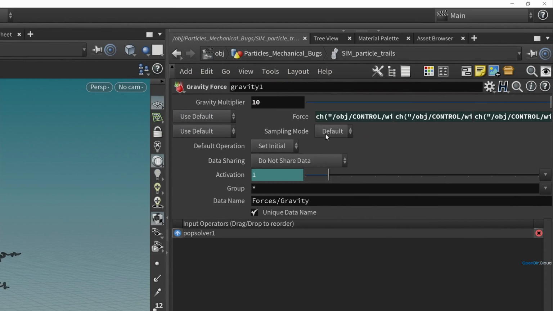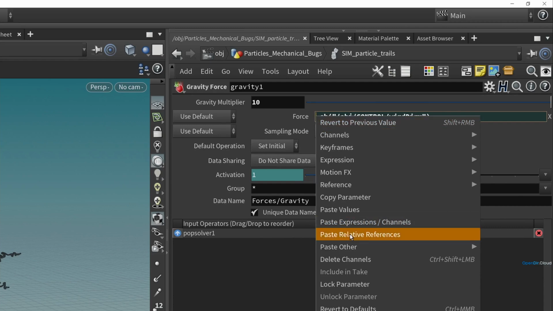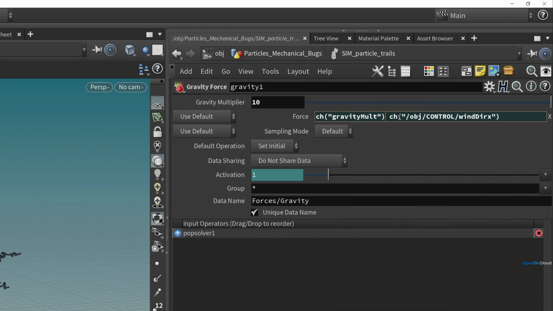And we'll copy this relative reference, copy the parameter, and then click on one of the force vector positions here. So then we'll paste in a relative reference. So we have gravity mult and the reference to the wind direction, and we'll just multiply those together. I'll copy that gravity mult, and then tab to the other components of the force, paste that in there, and now we have a gravity force that's 10 times stronger than what's initially specified on that control null at the